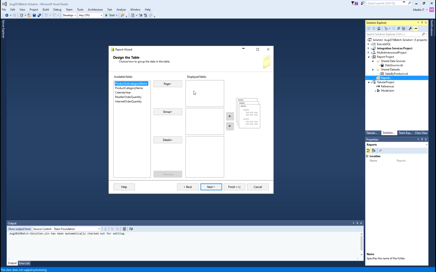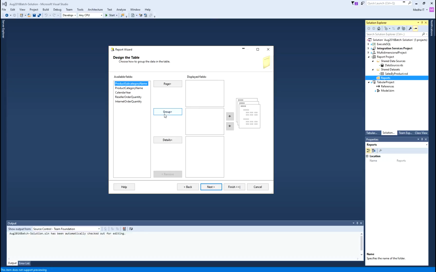Whereas if you want to separate the report by page, you take one column or one group and separate the report by that group. For example, year. You want to show one page for each year instead of clubbing all the years into one report and showing a big gigantic report for 10 years. You can separate the report by year. So that is what paging is.